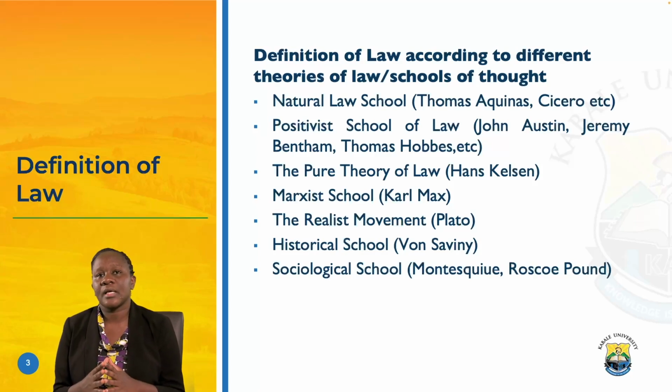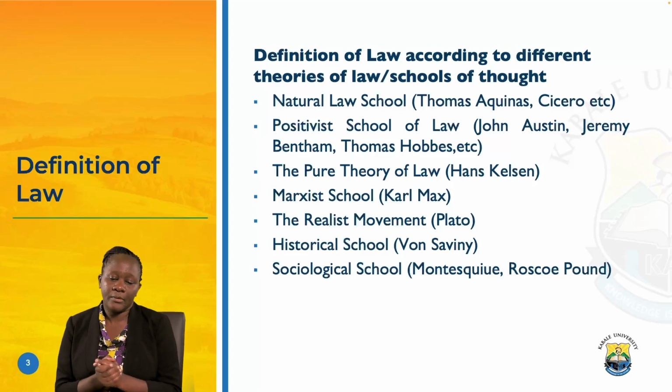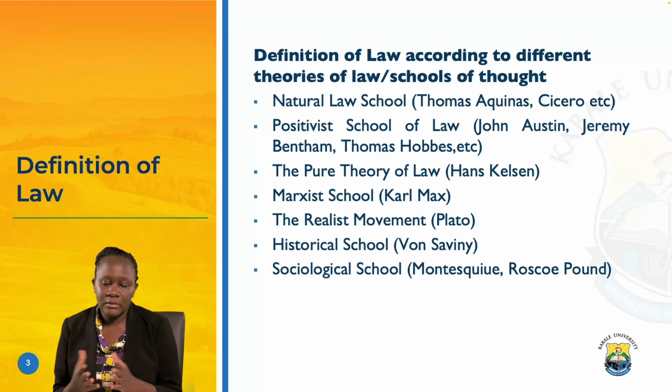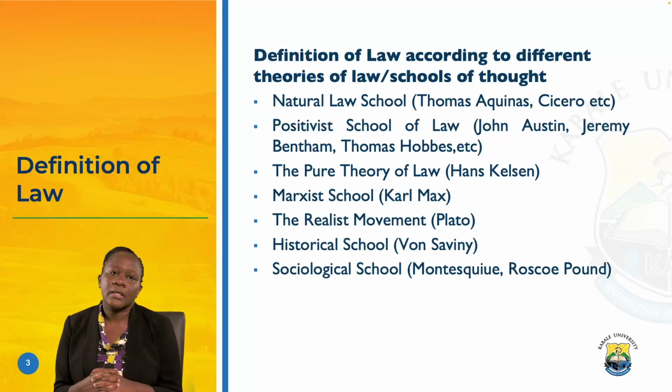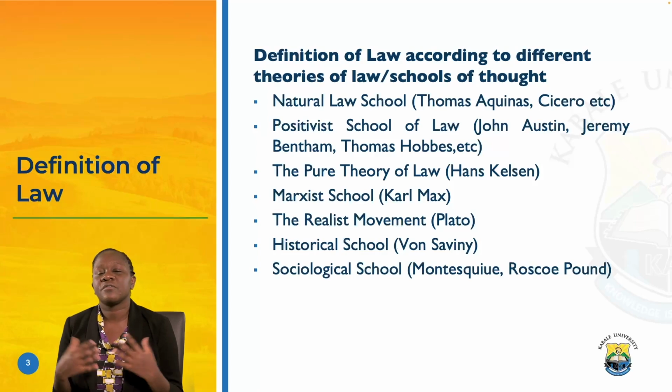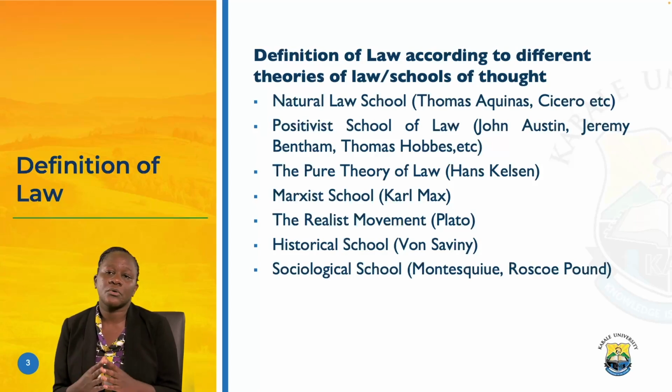Of course, you realize that the system in Uganda really is biased towards the Hans Kelsen pure theory of law, as is commonly known, because we have a constitution in place. There are many other scholars, including the Marxists, as advanced by Karl Marx, who basically argue that good law is really based on what favors the economy, what supports the economy at that time. And they argue that in future, communism will take over most of the countries and governance, and of course that